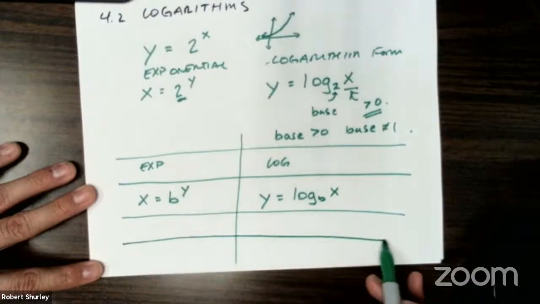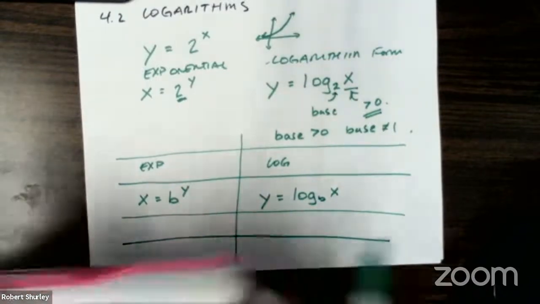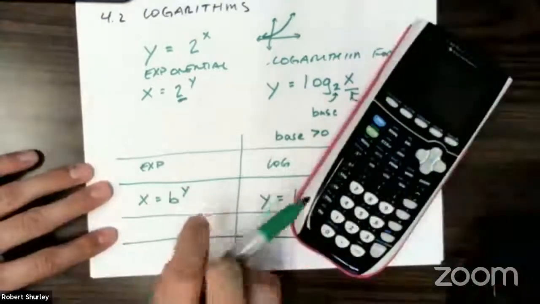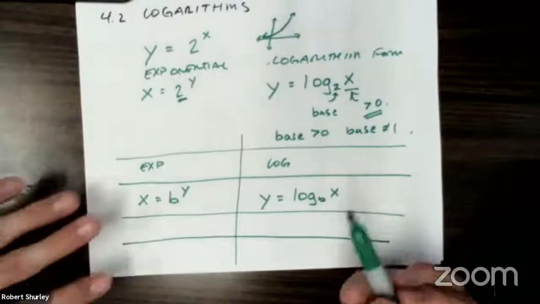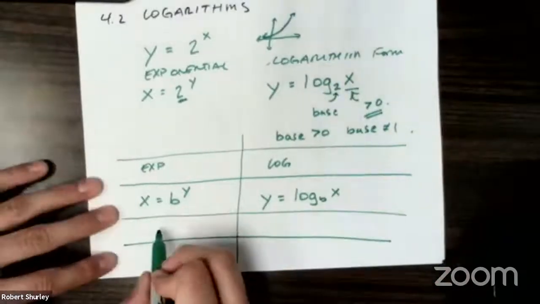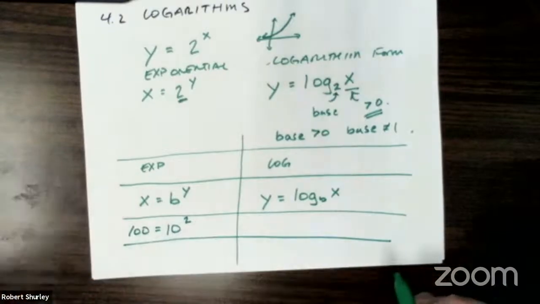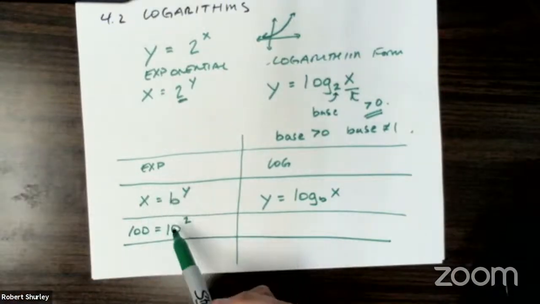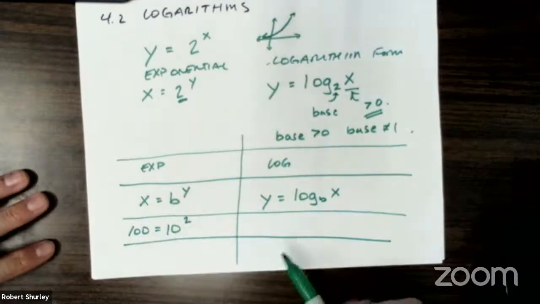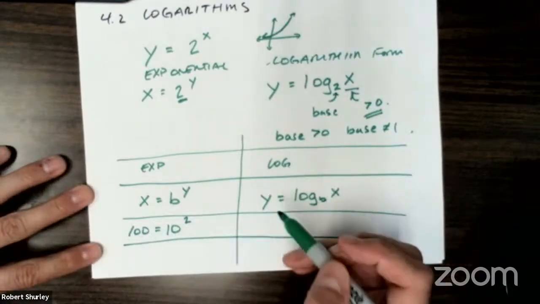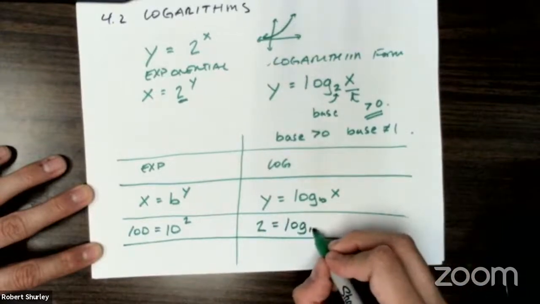Let's do one that is in our calculator. The log button in your calculator, down here by number 7, is log base 10. So let's write something that we know. We know 10 squared equals 100, right? I'm going to write it like this just to keep it in the same kind of form we have going on. So 10 squared equals 100. Well, what that means, if we wrote that as a logarithm, is that 2 equals log base 10